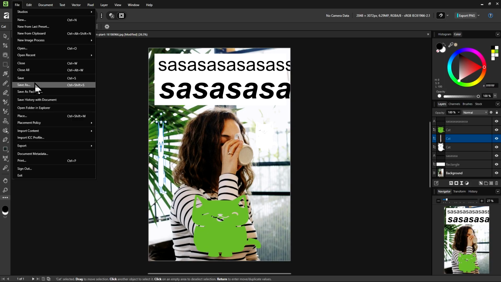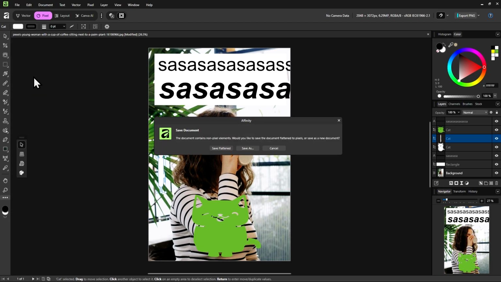And if you don't want to lose all your work, then obviously you will save your Affinity project into a file, which we can do from this File menu here and clicking Save. You might get this prompt here asking whether you want to Save Latent or Save As. This is a topic for another video, but basically we are getting this pop-up because we opened up an image rather than making a template. So don't worry too much about this one. Just select Save As